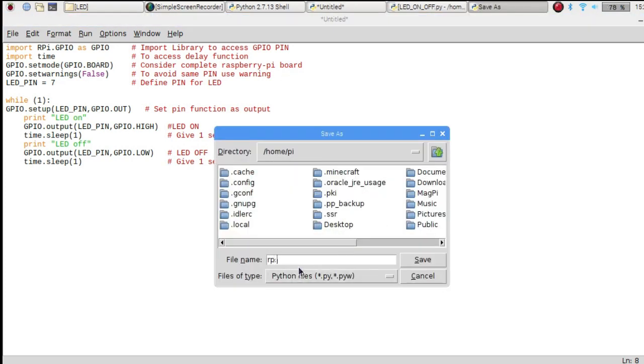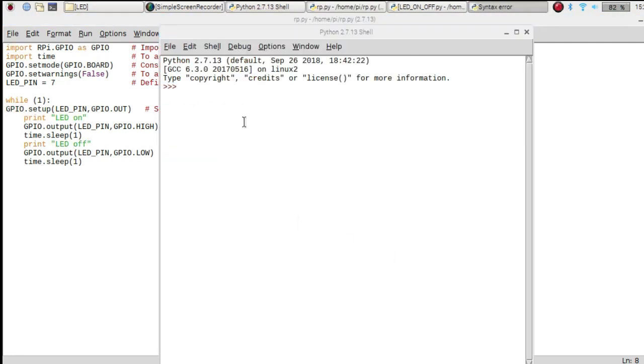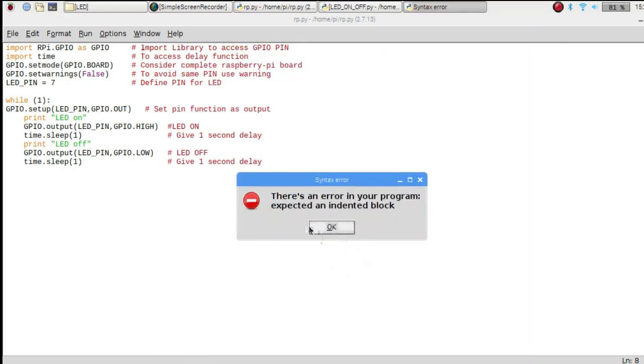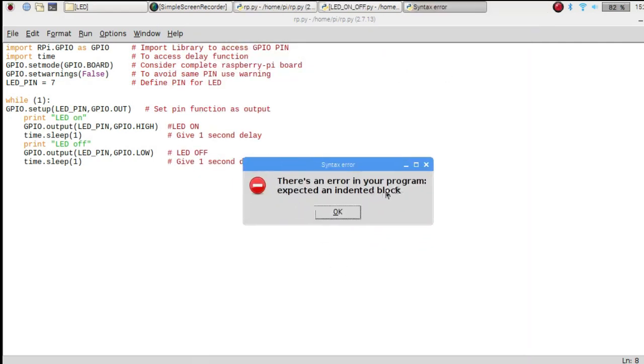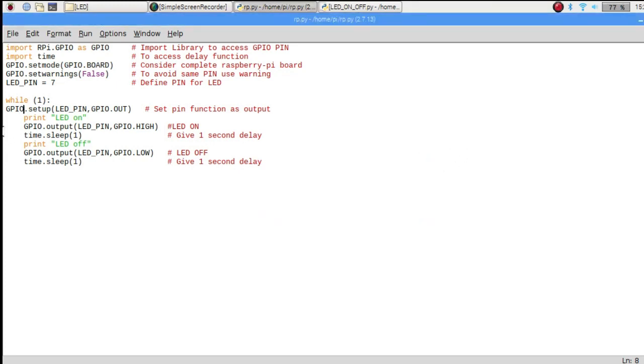it first asks to save the program. Then it will give an error, expected an indented block, because you did not provide the one tab after the while loop.